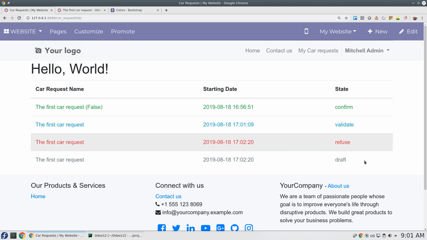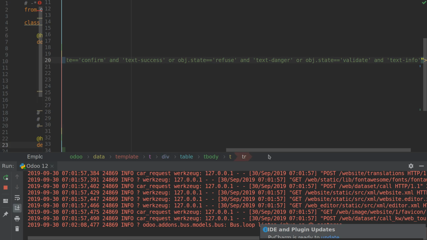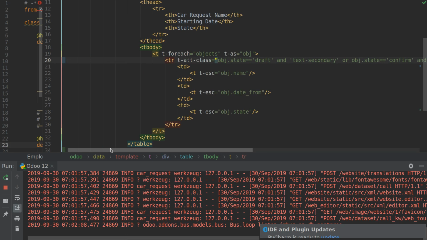That's it. So you have 4 colors now, and you can do this endlessly. Okay, and it's really conditional. It's based on a condition that if state equals something, then do something else. You can add whatever you want, and keep in mind that we have added these classes on this condition for